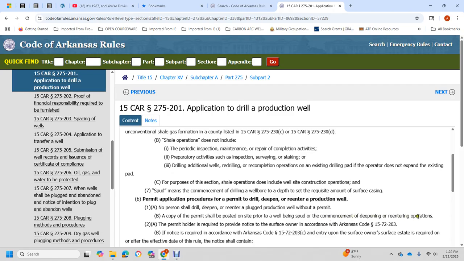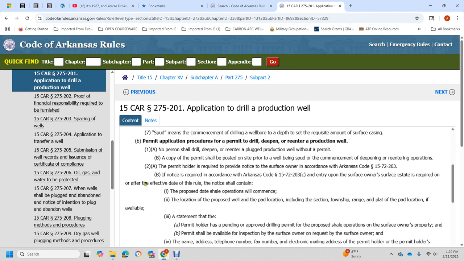Prior to the commencement of the drilling, deepening, or re-entering operation, the permit holder shall provide notice to the surface owner according to Arkansas Code 15-72-203. After the notice required by Arkansas Code 15-72-203(c), the permit holder shall serve the surface owner, and the state is required on the effective date of the rules. The notice shall contain the proposed date of operation, the location of the proposed well, and the pad location, including section, township, and range,